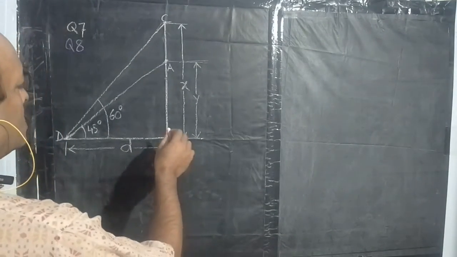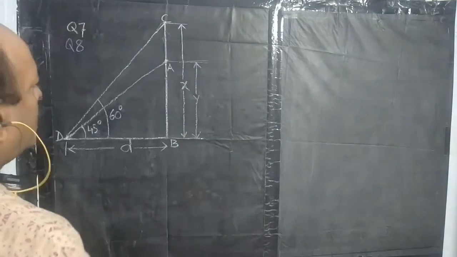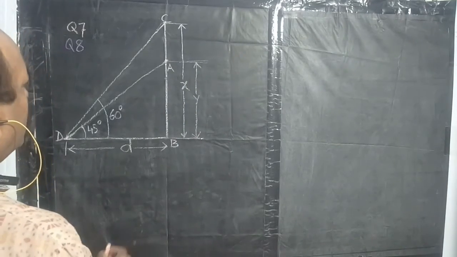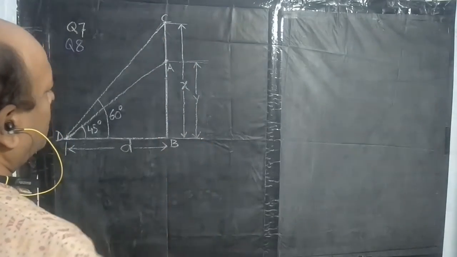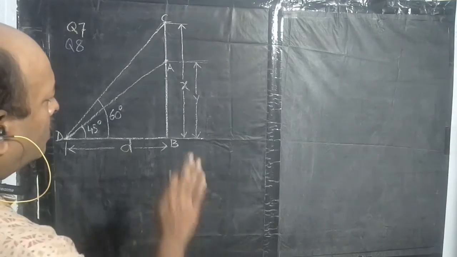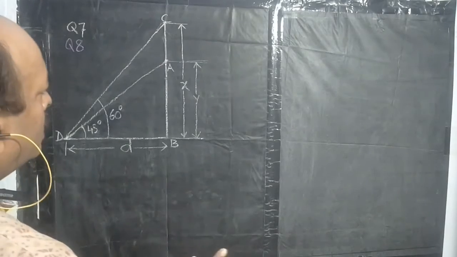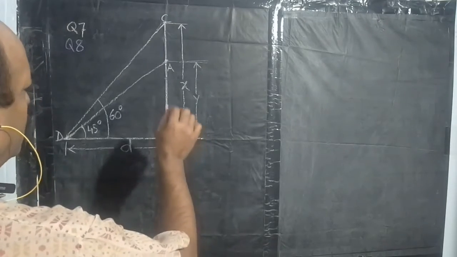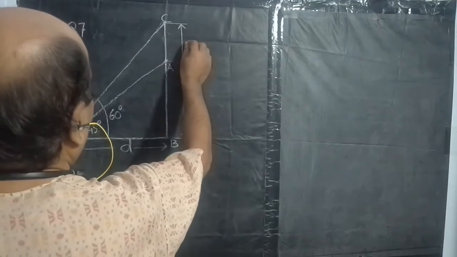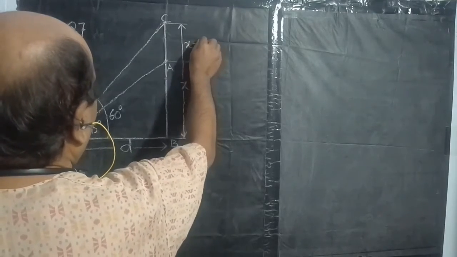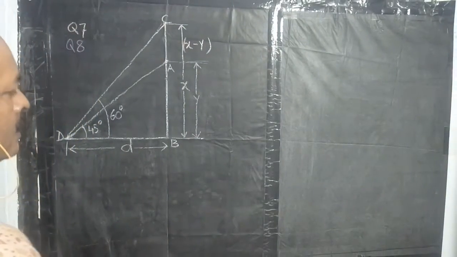Like other cases, the longest distance I take X, the shortest distance I take Y. Now here we have to find the height of the tower, and the building height is given, Y is given. But we are not going to calculate the numerical value now. My style of teaching is that the numerical value that is given, I will put at the last. Height of the tower means you have to find X minus Y. This is your question of interest.